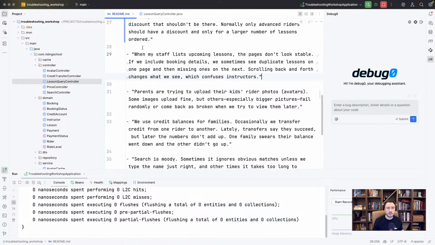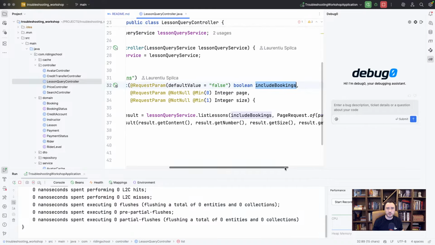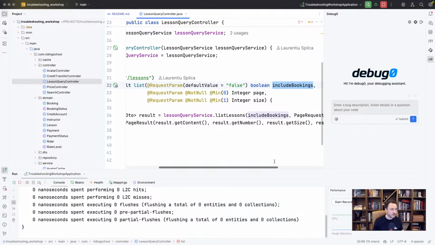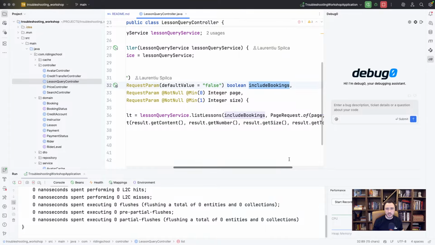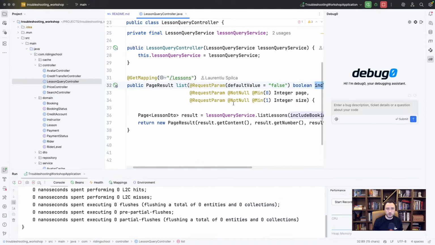And she was actually mentioning booking details. Now we include booking details, and then you can see it here. It has an include booking parameter, which again supports the cause that this actually is likely to be the endpoint. So then I'm gonna look through it, and